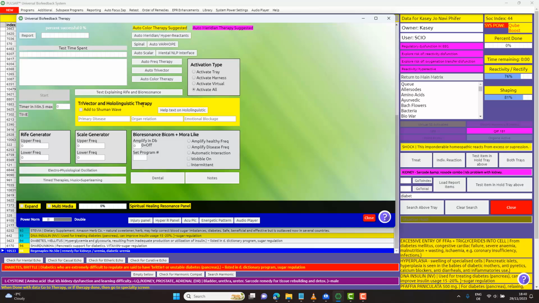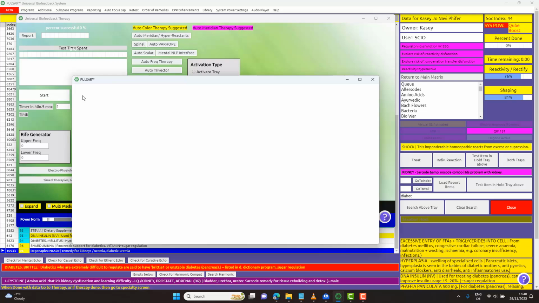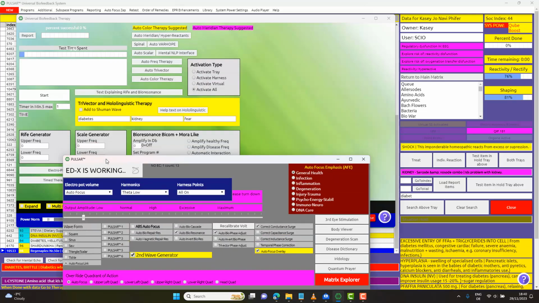So trivector, hololinguistic. If you want to work on this, go for it. Let's say primary disease, diabetes, kidney. I'm just saying fear, or what would you say for not standing up for yourself? And then you would not like boundaries. I don't know. So just run it 1 minute at a time. Click the start button if you have time for it. The way that I've been showing you do this, do that, etc., I doubt you would have time for this